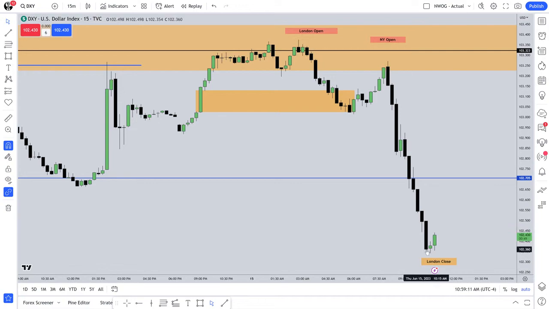Does price hit your target or multiple targets? If it does, now you're in a position where you could potentially see a market reversal profile. London close generally makes the extreme end of the day. So if we see the high of the day form in London, the low of the day forms generally in this little time window here between 10 o'clock and noon. Don't take my word for it. Go back and look at your data.